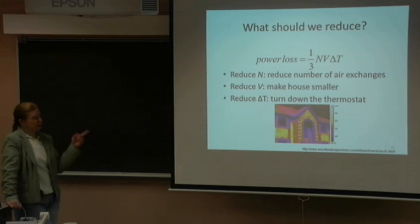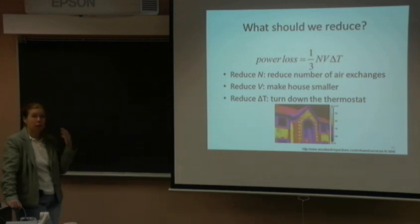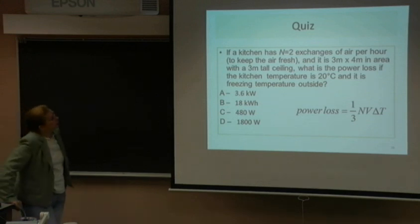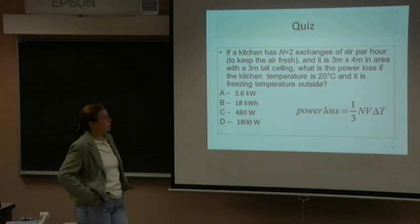Because he lives in England, he's thinking mostly about heating. But of course, here we also have to think about cooling because we do an awful lot of that. So in the summer, it would mean turn up the thermostat. And one of the things that we need to do is figure out how much of an effect that can have. So if a kitchen has N equal to 2 exchanges of air per hour,